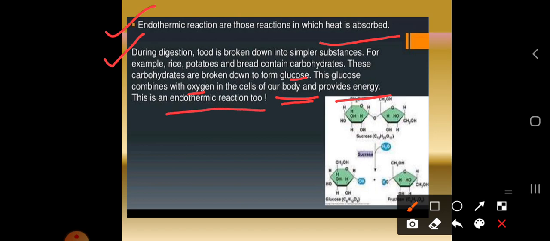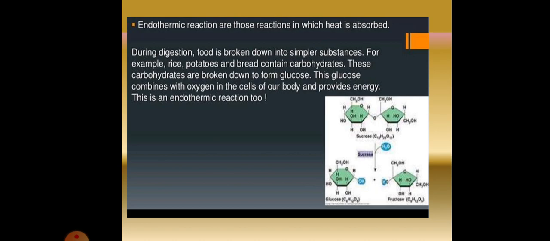When we are learning about reactions, you must know the reason behind it, why we are learning such reactions. You have to connect it to our day-to-day life. Okay dear students, these are examples of the exothermic and endothermic reactions. These points are very important for 1 mark questions: what is a combination reaction, what is the difference between the exothermic and endothermic reactions, and what are the examples.